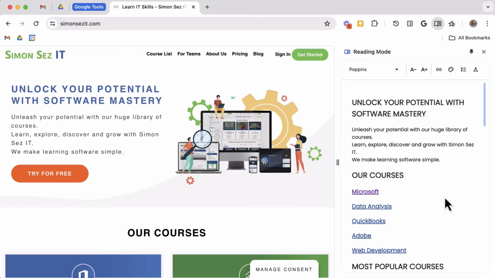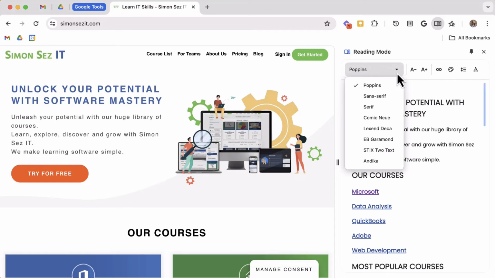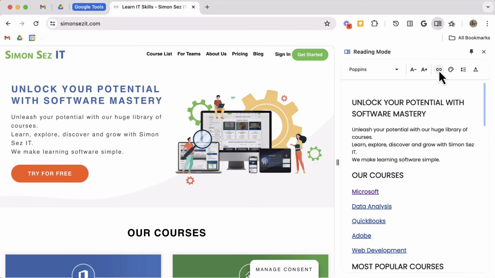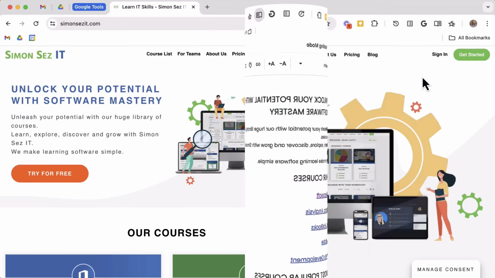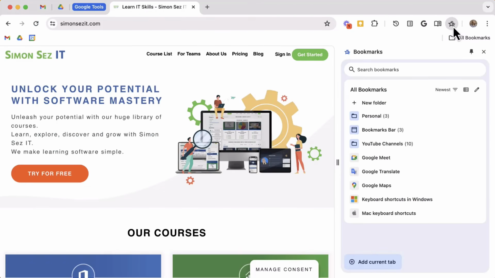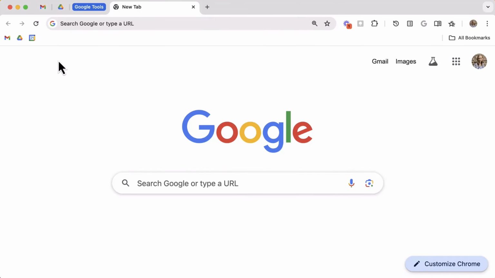accessible text. Along the top, you can customize this reading text by changing the font type, the font size, turning off the display of links versus turning it on. You can change the color, along with line spacing and then letter spacing. The fifth and final pin is bookmarks, but we're going to actually look at that in depth in the next lesson. So on the toolbar, we covered extensions and then the current 5 Chrome features that can be pinned to